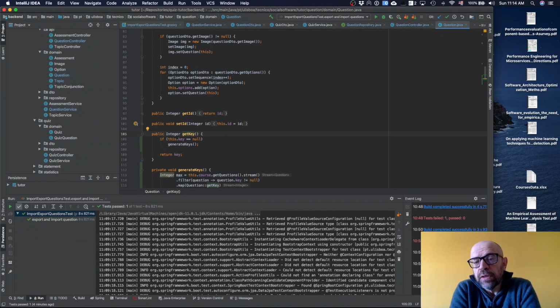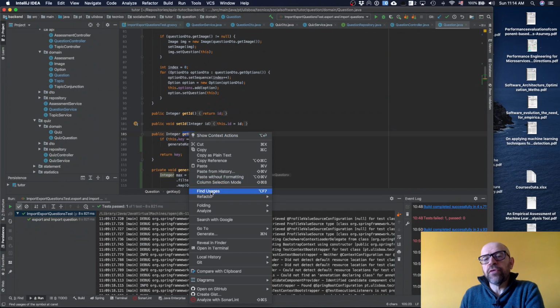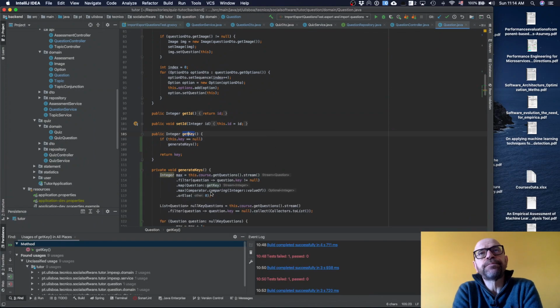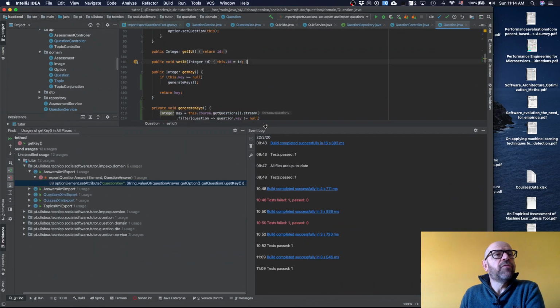But once I export it and import it again, maybe if I reload the database, for instance, these IDs change, so they are not reliable in that situation. So I need to have this key. What I really need to do now is to understand if my hypothesis is correct. And what I'm going to do is to see who invokes getKey. To do it, I use find usages in IntelliJ,